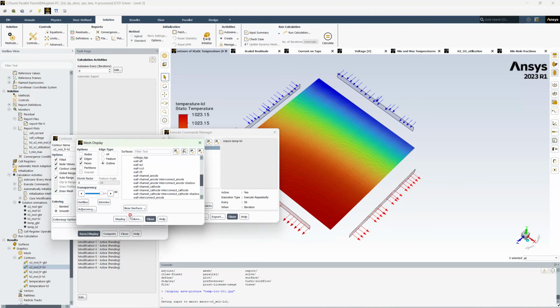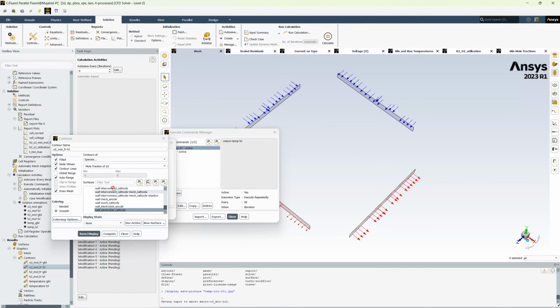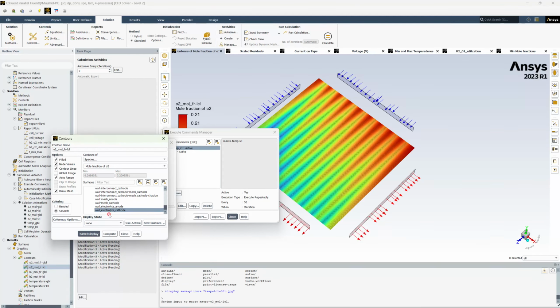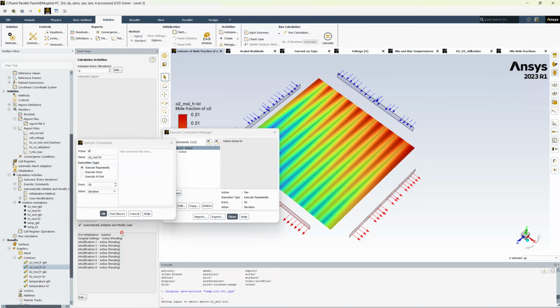We'll go to the draw mesh, display, close, display. Yes, now it is displaying correctly. Just check and close and end macro. Now this macro has been defined using the GUI, and we want to give it as the command